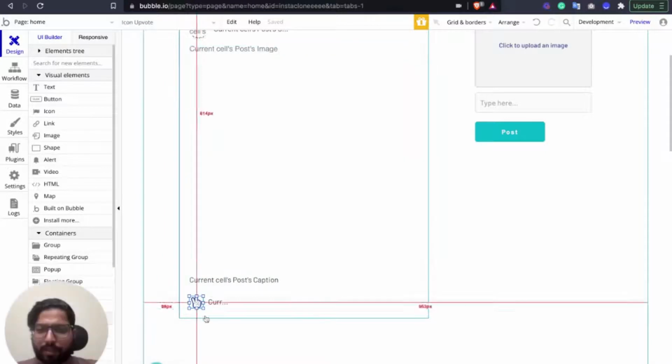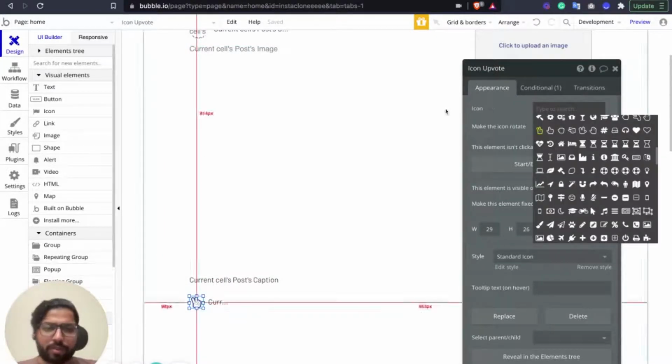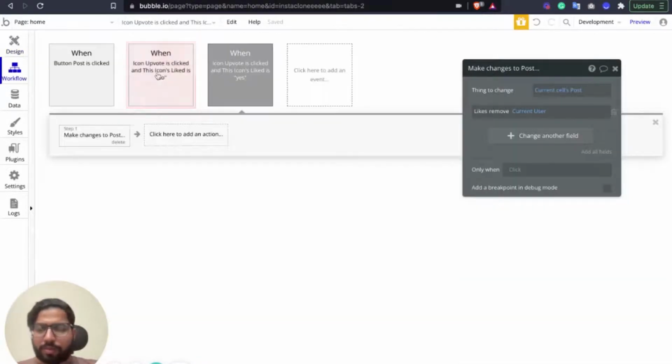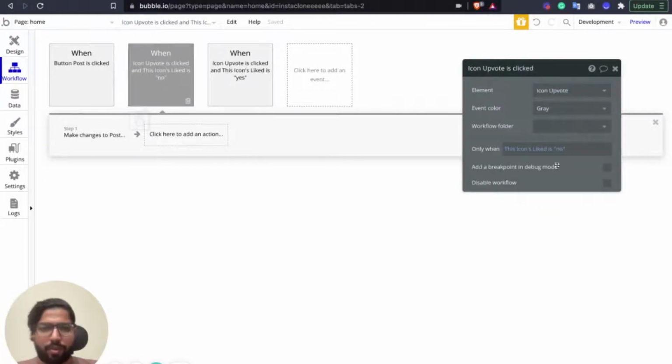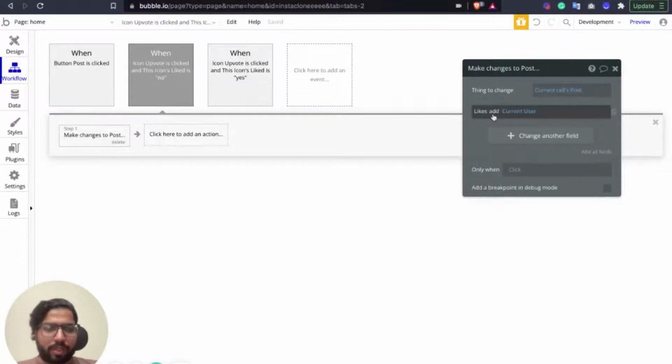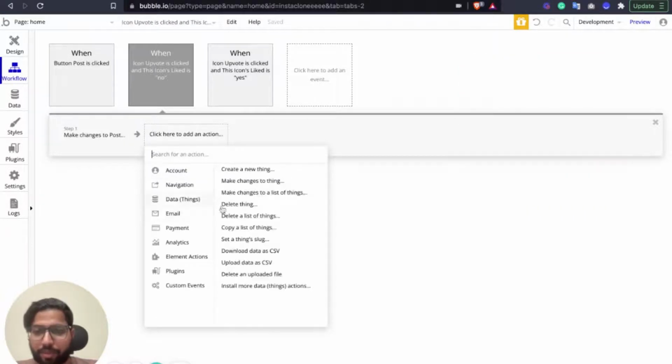Let's check again. Where did it go wrong? Okay, so the icon vote clicked is no. It should add the current user. Okay, we also have to change its state, so it will know. So when it's no, add the user and change its state to